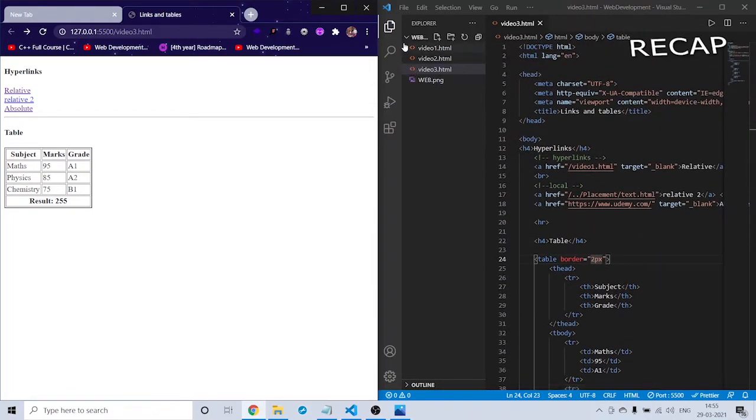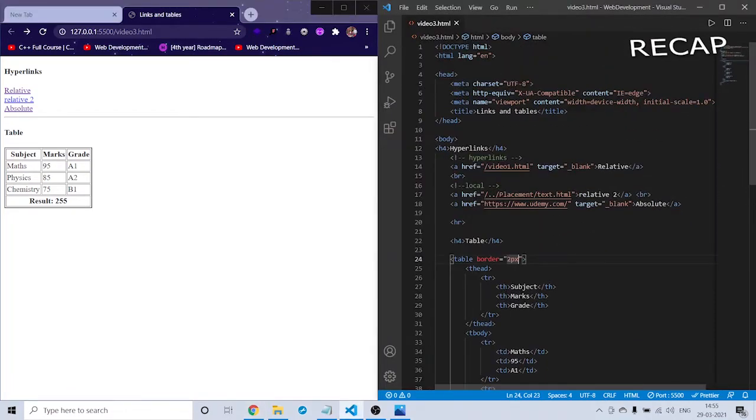So let us again recap what we learned. We talked about these hyperlinks, and there are two types of links. The first one is relative, which is the local one. If you have any HTML file in your local PC, you can directly access it here with the help of this relative in this way. If you want, you can go back in this way.